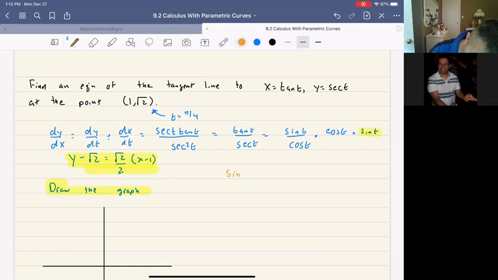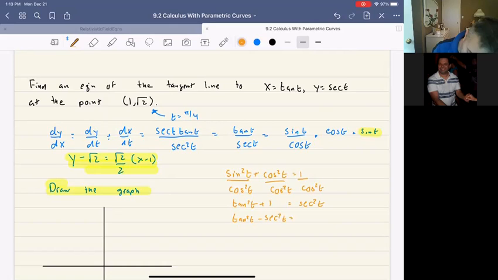So remember, sine squared of t plus cosine squared of t equals 1. We divide that by cosine squared, actually, to get tan squared of t plus 1 equals secant squared of t,